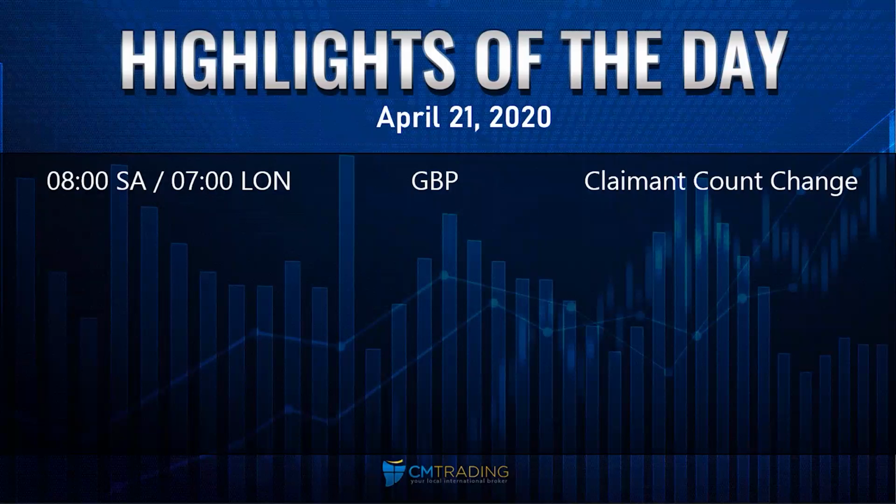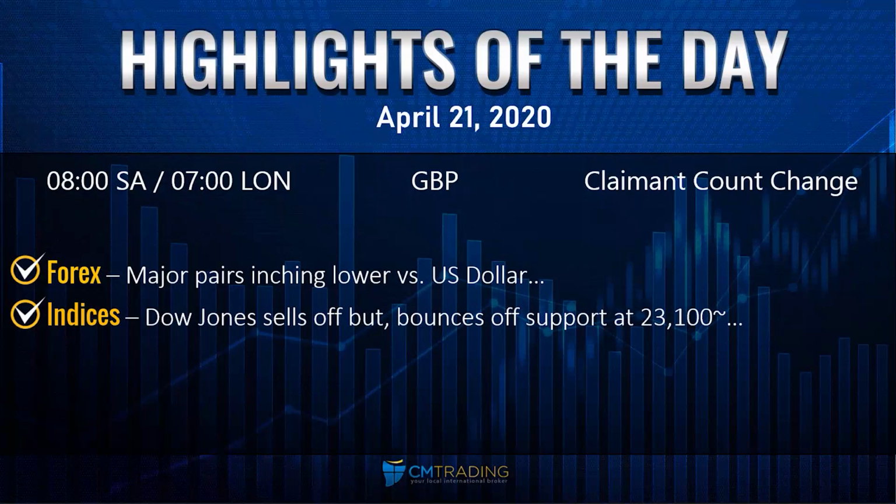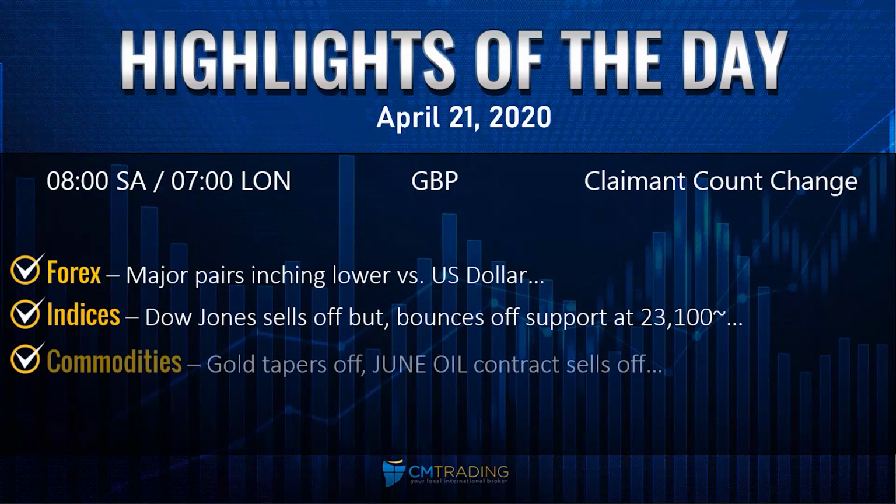Now, looking at the markets, we're watching the major pairs just inching lower versus the US dollar. Let's see if they actually have a breakout. Looking at the Dow Jones, it sold off yesterday, but is bouncing off a support at 23,100 this morning. Let's see if it could sustain that support level. And next, looking at the commodities, gold pretty much tapers off while the June oil contract starts selling off to $21